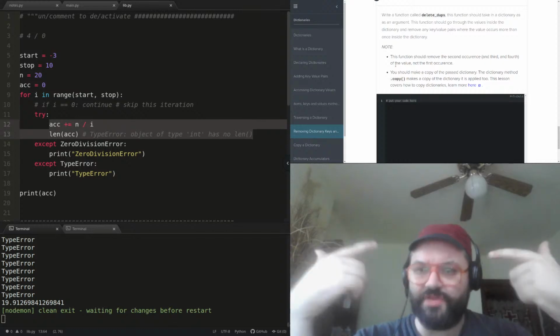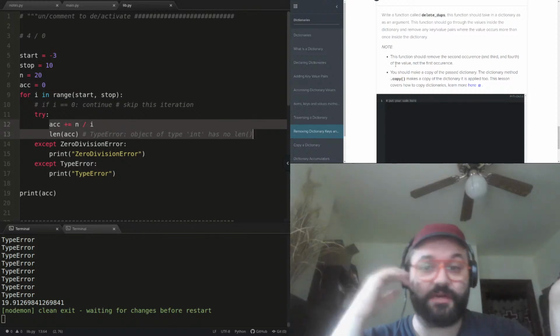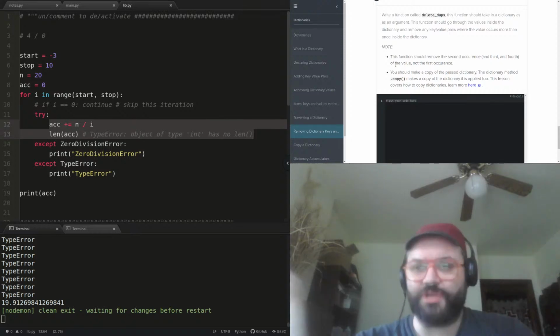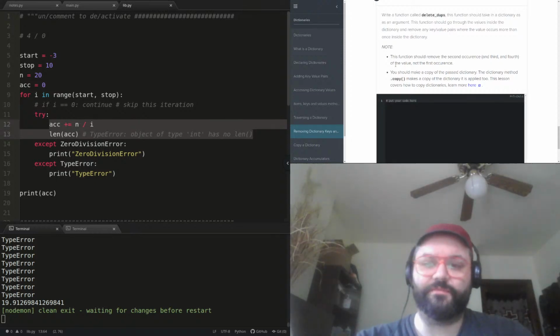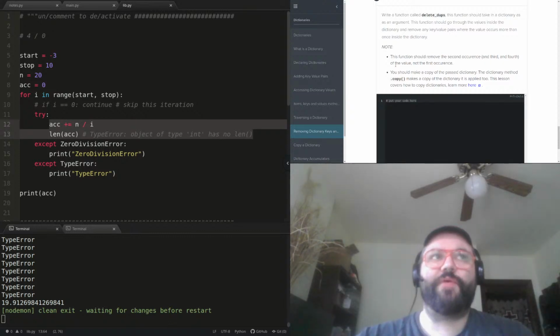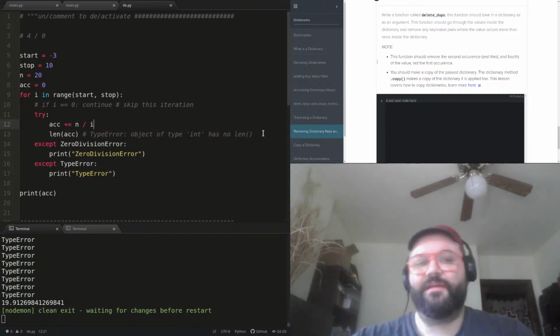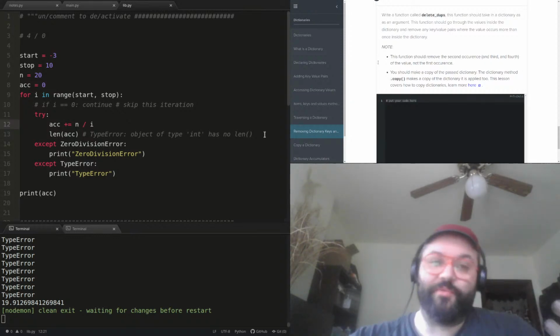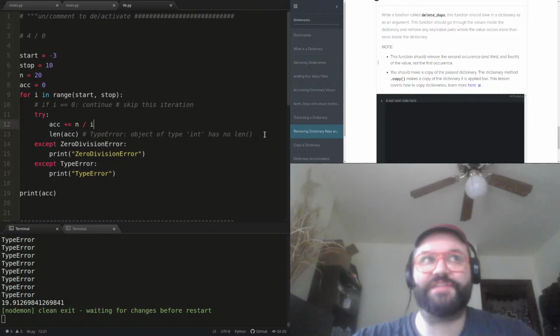And this helps train you about, okay, well, which error do I actually care about? And you might think, well, all of them. I don't want to get any errors. Sure, ultimately, you don't want to get any errors. But you don't want to write your code in such a way that it's hard to write, it's hard to read, or it's hard to manage or maintain, right?